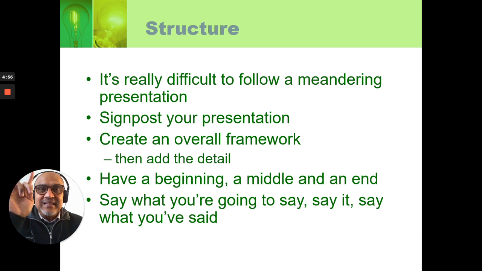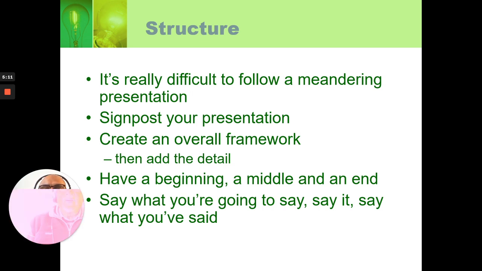this keeps the presentation on track. This is the path you follow, and this is the path on which you take your audience so that they are able to go through the course in a structured way and reach the destination you want them to reach. So this is very important. So you'll also be able to create an overall framework. First we create a skeletal framework and then we fill that with details.